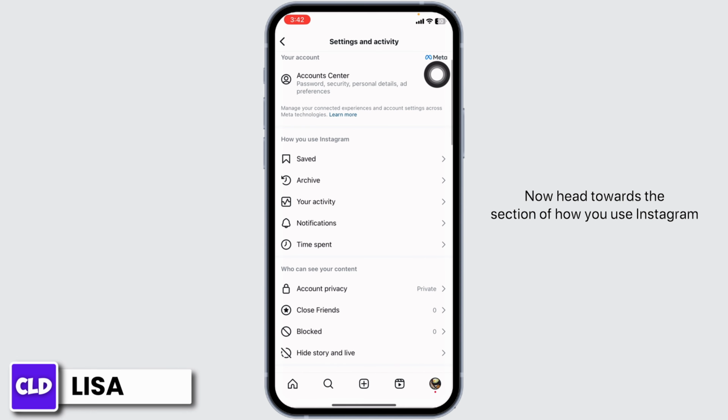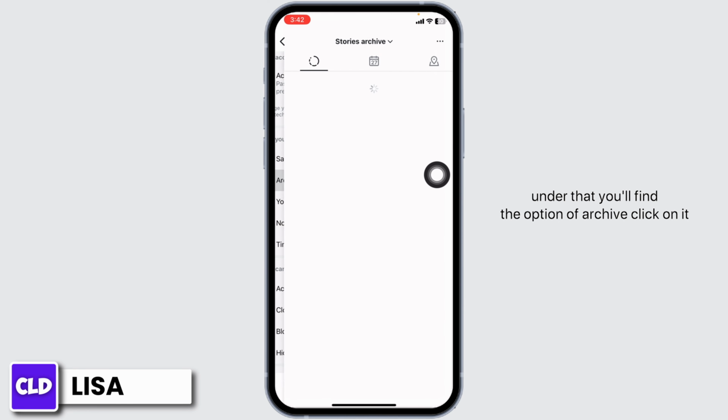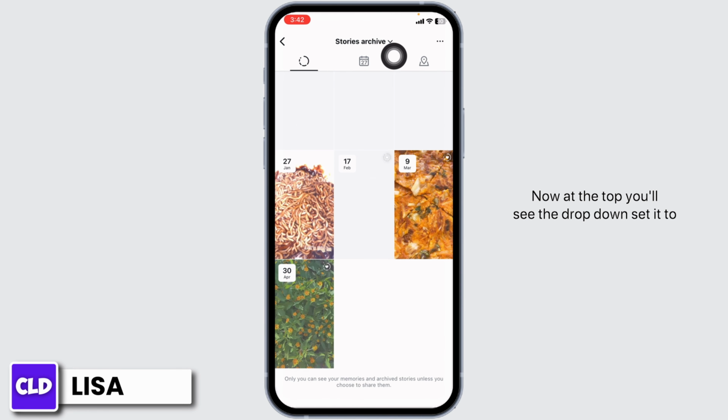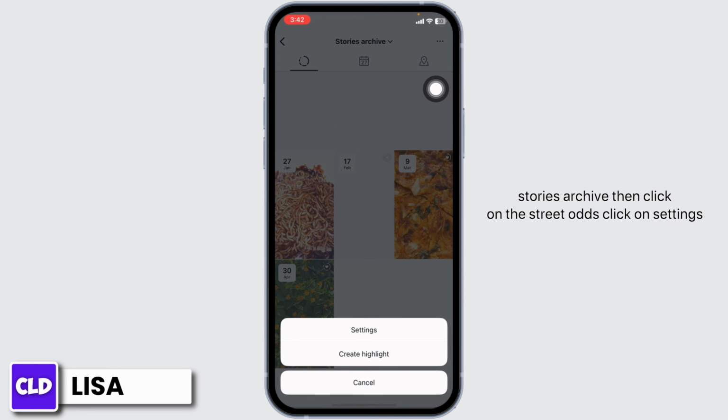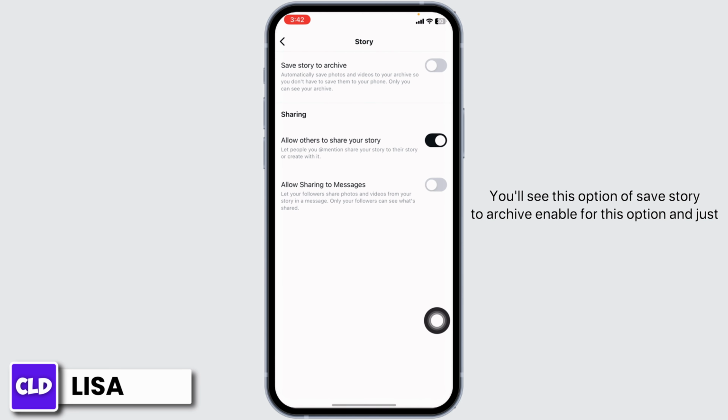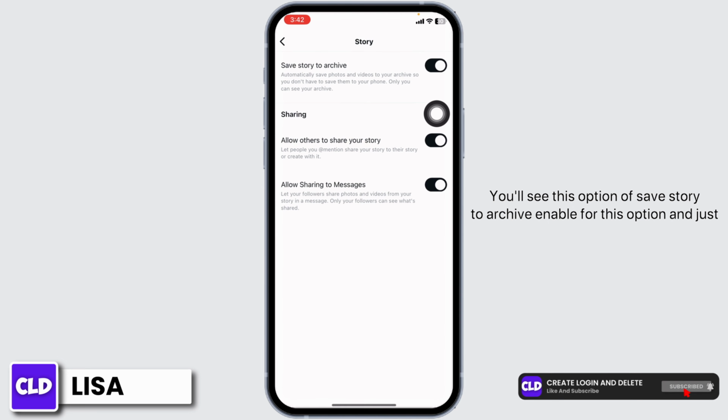Now head towards the section of how you use Instagram. Under that you'll find the option of Archive. Click on it. Now at the top you'll see the drop down, set it to Stories Archive, then click on these 3 dots, click on Settings. You'll see this option of Save Story to Archive, enable this option, and just with that your problem will